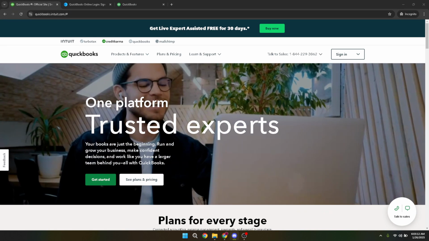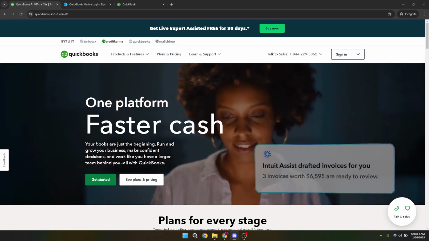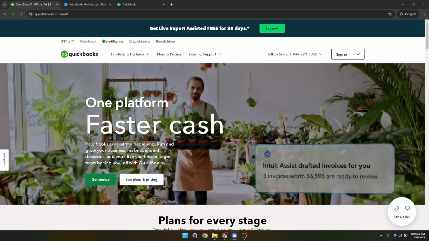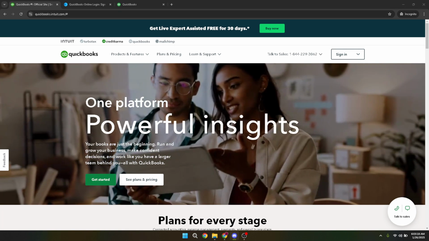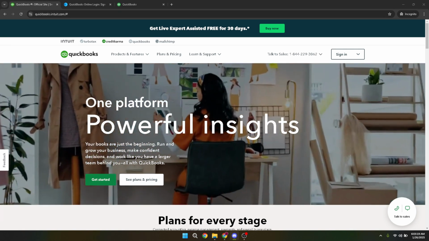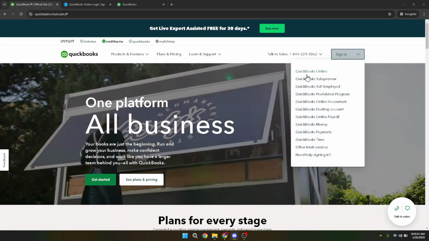To start, you'll need to sign into your QuickBooks Online account. Head over to the QuickBooks website and locate the Sign In button. Clicking it will prompt you to select from several different QuickBooks services. Here you'll want to choose QuickBooks Online. Once you're on the sign-in page, enter your credentials, your email or username and password, then click Continue to access